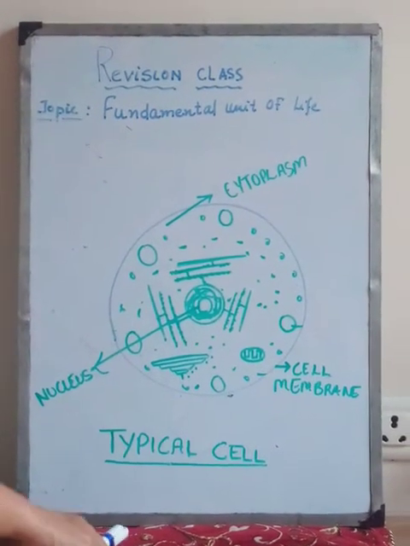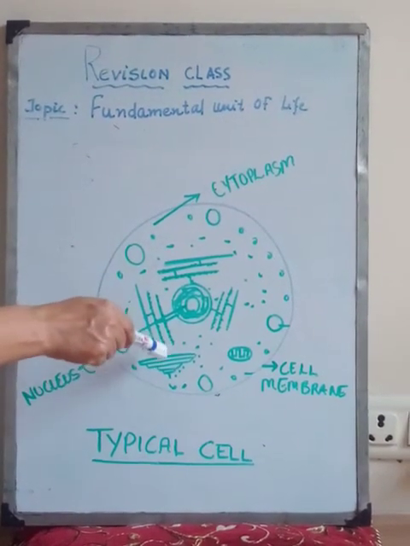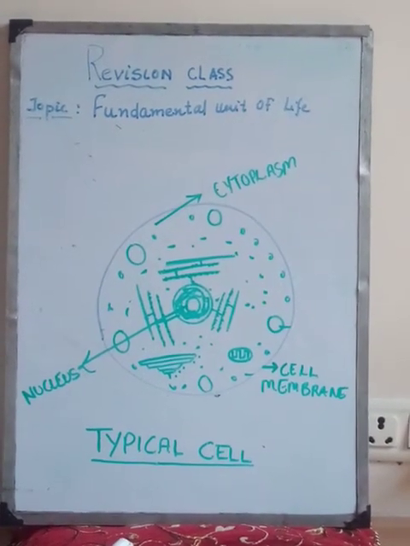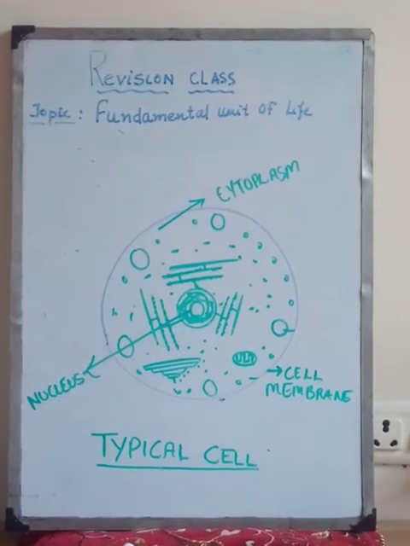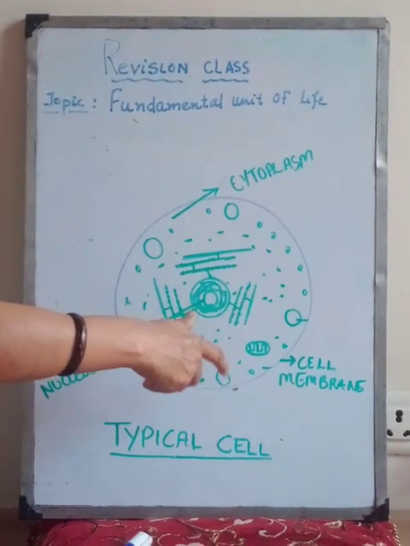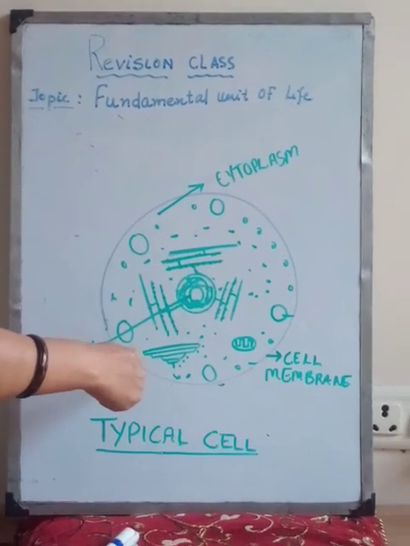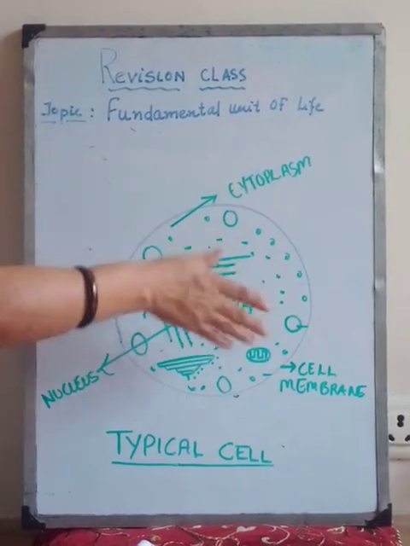The medium has the same concentration outside as well as inside. So what will happen? The water will cross the cell membrane in both directions. The cell will stay the same size because as much water is leaving the cell as is entering the cell. So there will be no change in the size of